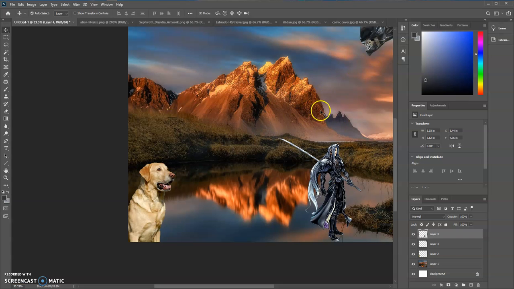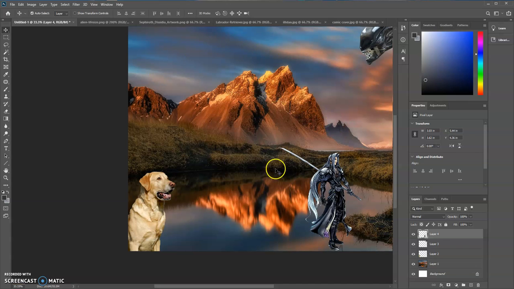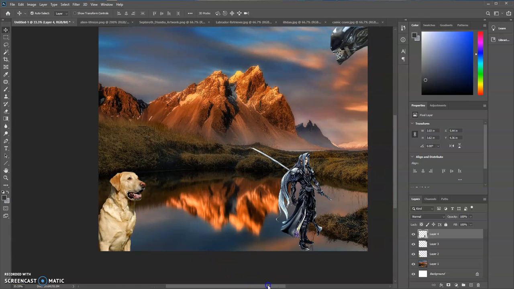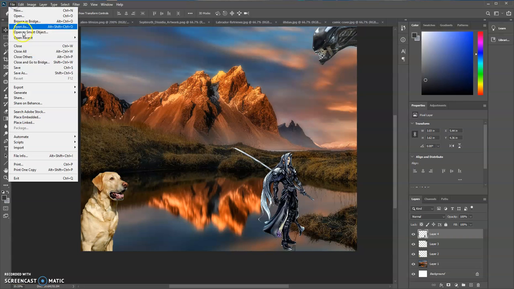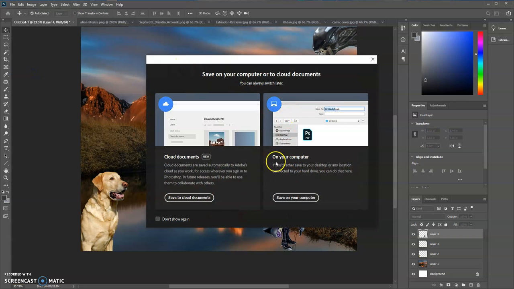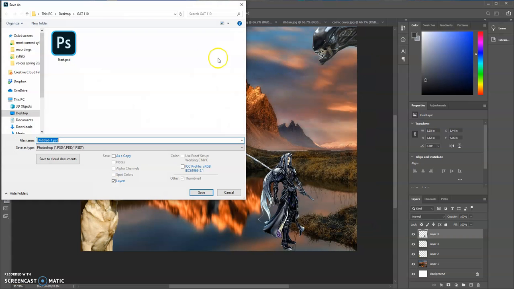All right, so let's just say I finished with this. Let's say I've got 9 different things in here. What you want to do then is just save it, and you'll submit the project. So just again double check that you've got 10 things total, including the background, and then when you save it, you're just going to go to File, Save As, save onto your computer, and then